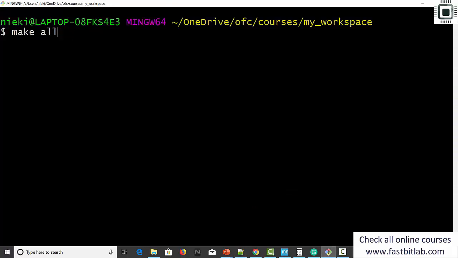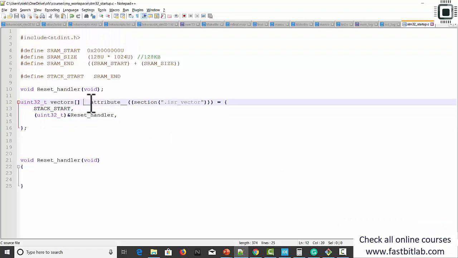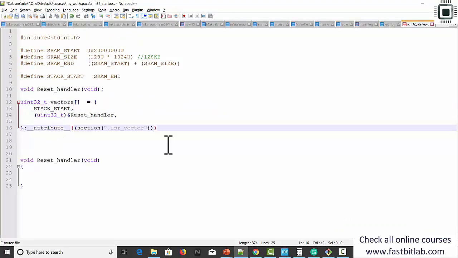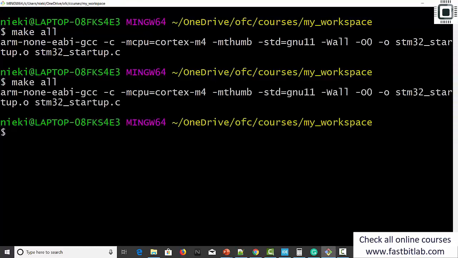Let me just run make all. Yes, it compiles. Or you can cut this and place it at the end of this variable initialization here. That also should work. Let's see. Yes, it works. Now let's run the command arm-none-eabi-objdump -h